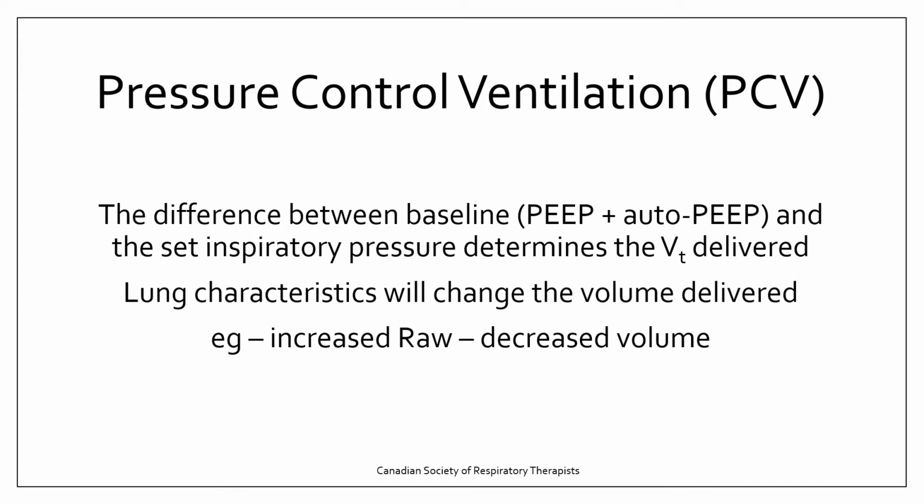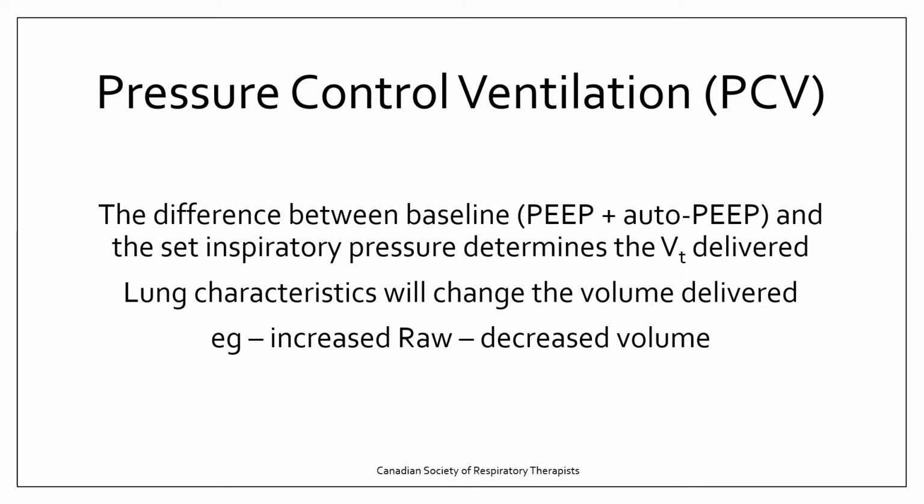So all breaths are time triggered or patient triggered, and we're targeting a pressure. So lung characteristics will change the volume that's delivered, because the pressure will not change on every breath, it's going to be what we set. We're controlling pressure in pressure control ventilation. So I say, I want the peak inspiratory pressure to be 25 centimeters of water pressure during this breath. Then I'll dial in 25 centimeters of water pressure, and the ventilator will deliver 25 centimeters of water pressure on